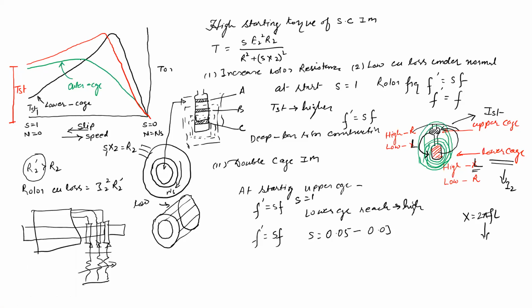The losses are continuously going to take place inside. Whereas this is the maximum torque we are getting, near to usual. This is the value of slip S1 or S2 as per our requirement, and high starting torque can be obtained. So our conclusion is that by using the double cage induction motor or deep bar construction induction motor, the drawback of the single cage induction motor can be overcome. The drawback is that it provides only a low starting torque. This low starting torque can be overcome with the help of the double cage induction motor. So this is the one.